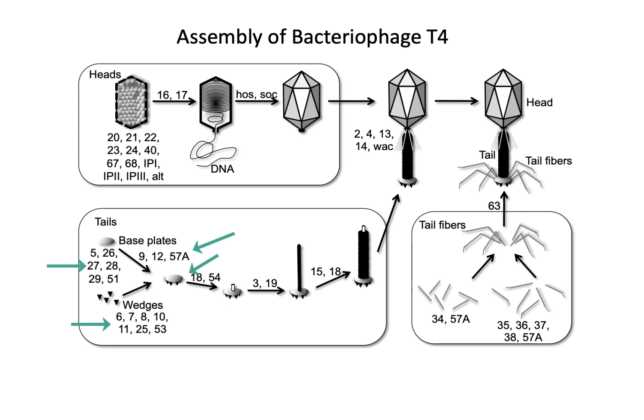And then other gene products put on the tail. The tail fibers are then also assembled, and then several gene products aid in putting the tail onto the head and then assembling the tail fibers